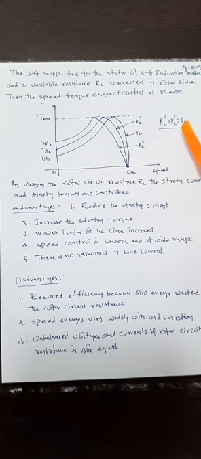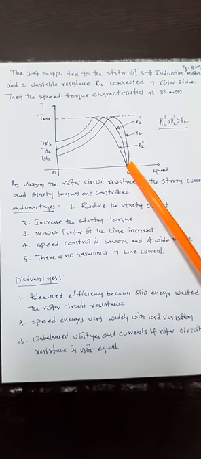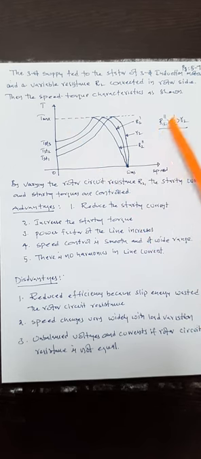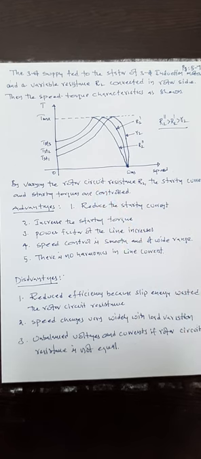If we increase the value of rotor resistance beyond the existing one, so that it becomes R2 dash, the characteristic changes, and like that you increase to another R2 double dash, giving this characteristic. So R2 double dash is greater than R2 dash, which is greater than R2. Therefore, by varying the rotor circuit resistance R2, the starting current and starting torque are controlled. It is a very simple method, but it is not practically used because of huge losses.